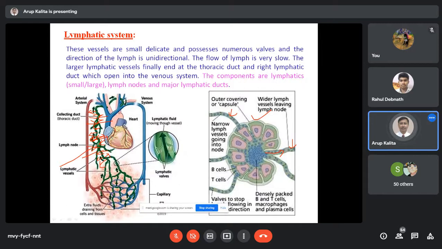Now, how will this rabies infection come from the biting site to the brain? It comes via the lymph. Remember, okay? So suppose there is a dog bite in the leg. From that, the virus will come through the lymph to the brain. As the flow of lymph is very slow, that is why it will take even 10 years, 20 years to reach the brain. Understood?